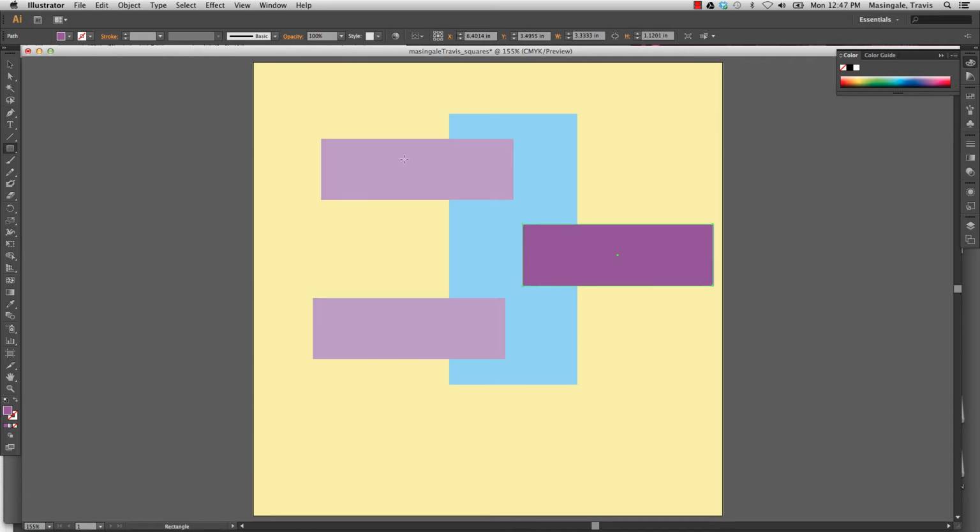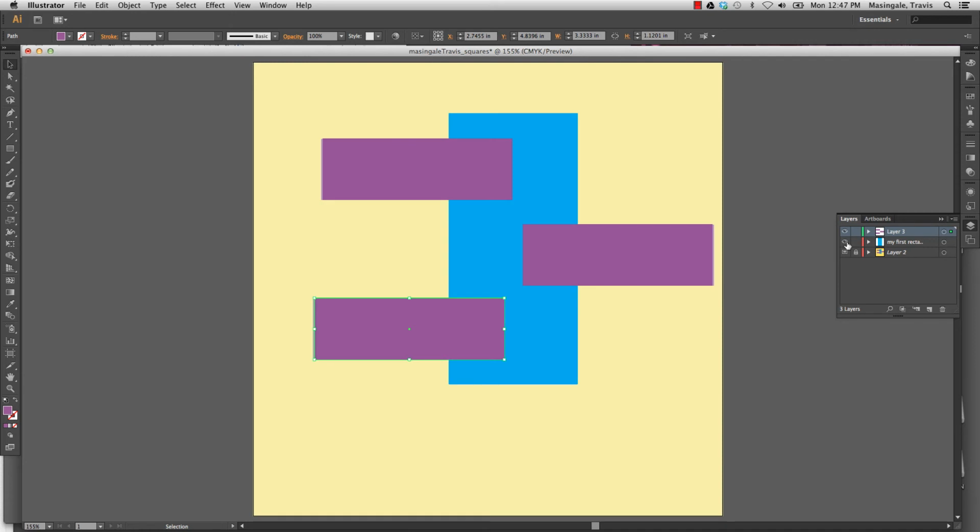So we can draw each one individually, or I could just take my selection tool, that's the black arrow, and I can hover over the object, hold down the Option key, and pull my object, and it'll make a copy for me, an exact replica. If I hold Shift on this one, it'll pull it down exactly centered. I don't want it centered because that one's a little off. And I didn't hold Alt. So Alt, it gives you those two arrows, the black and white arrow comes up, and you know you're making a copy of your object. Now I'll go back to my Layers panel, turn it on, and now I have the beginnings